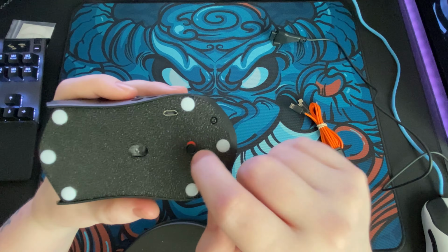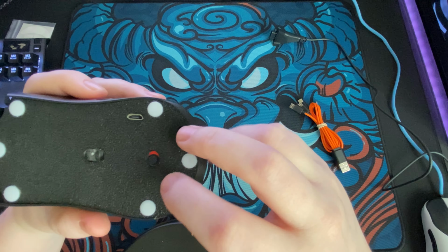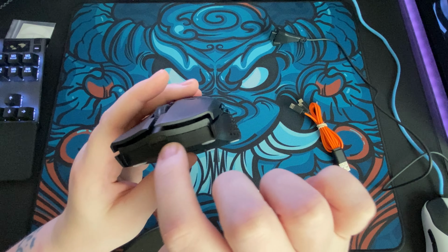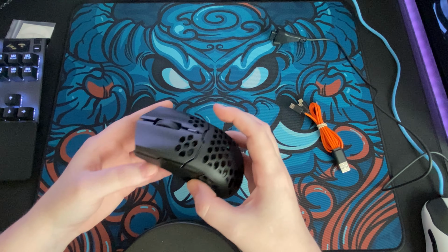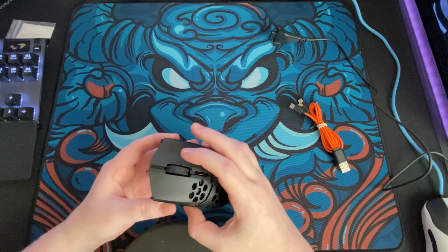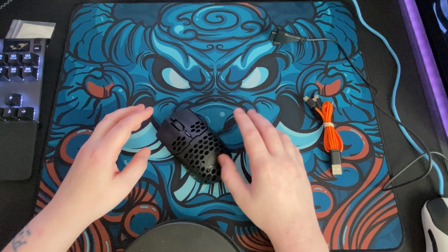So on-off switch, micro USB, and then there's inserts for screws down here in case you need to open up the mouse, and then a sensor insert, and then he fills in where the stock cable was on the MM710. So that's pretty much the process, at least for this mouse. I don't know if it's the same for the KPU and the XM1 wireless, but...